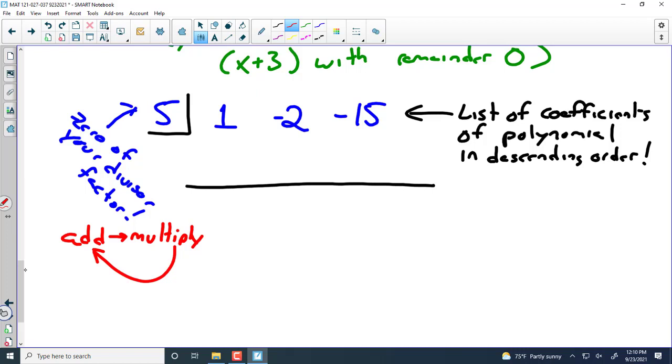So, first thing you do is you add this to nothing, and you just bring it down here. Basically, you do 1 plus nothing, and the 1 comes down. Some people say bring down. I like to say add because that way I can just say these are the two steps, back and forth. Then,